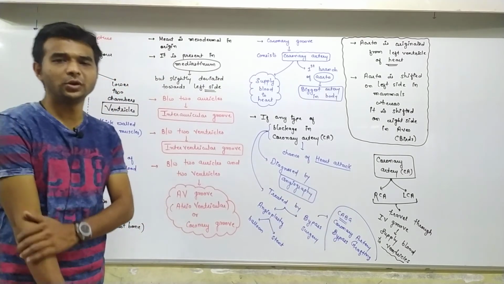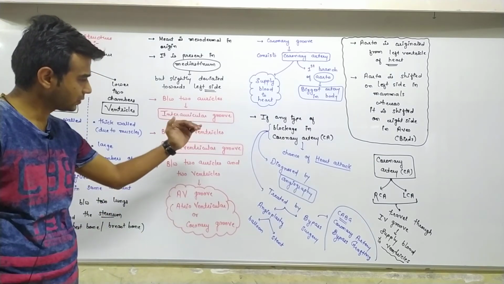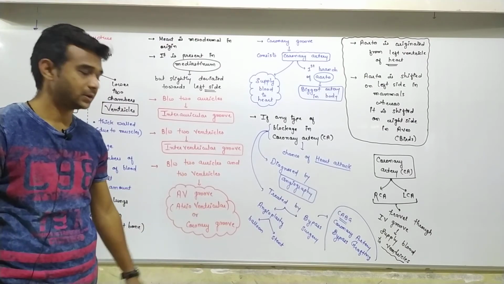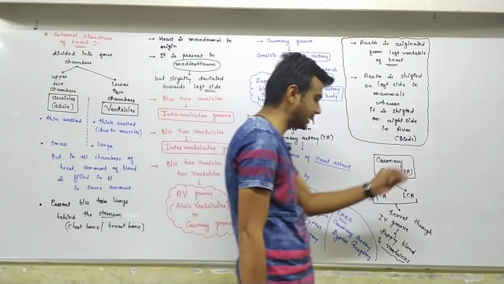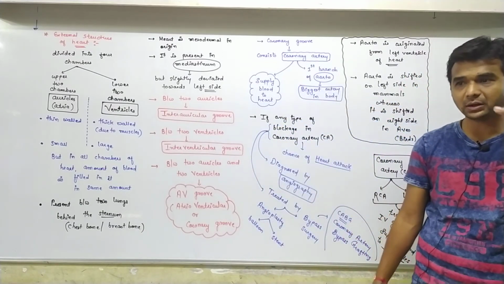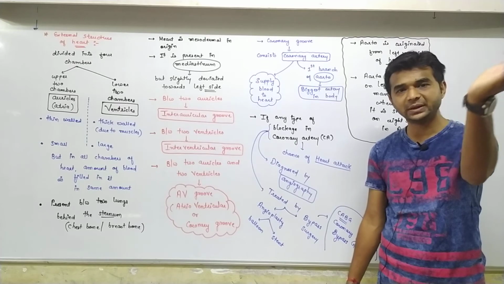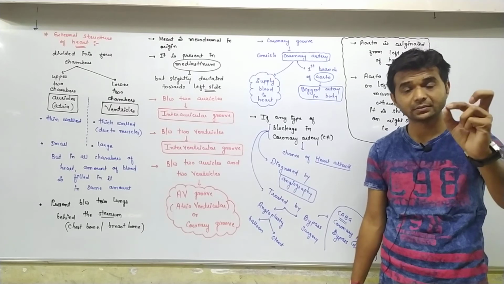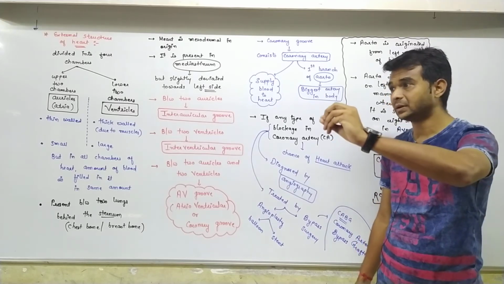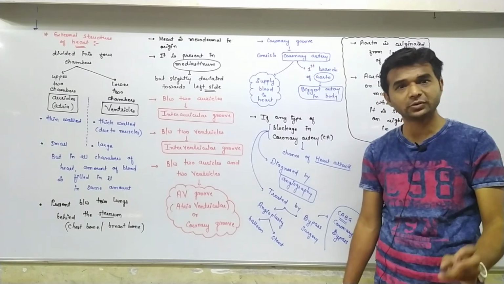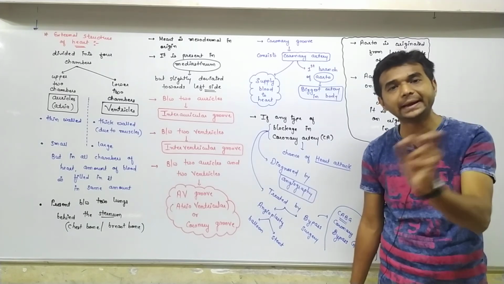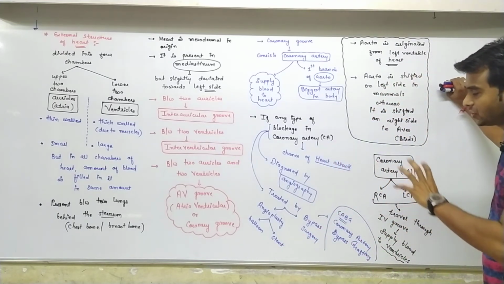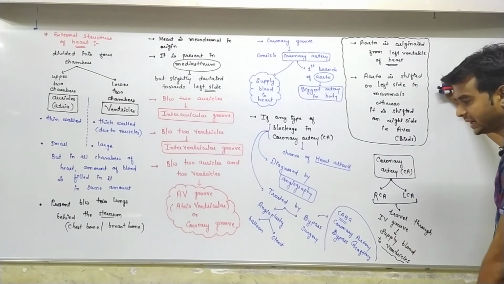If a small blockage is there, we treat this small blockage by angioplasty. In angioplasty, balloon therapy is used. Sometimes you may have heard that someone has put a balloon inside the artery, and sometimes a stent. Mostly the public pronounces it as "stand", but it is actually stent therapy. So the blockage in the coronary artery can be treated by balloon therapy or stent therapy.